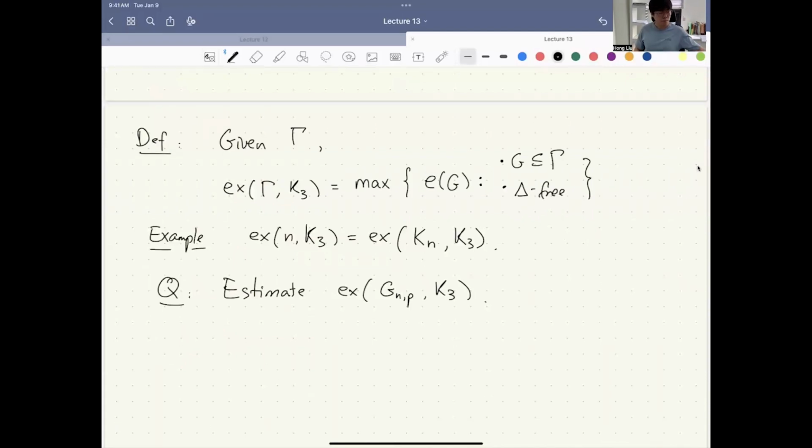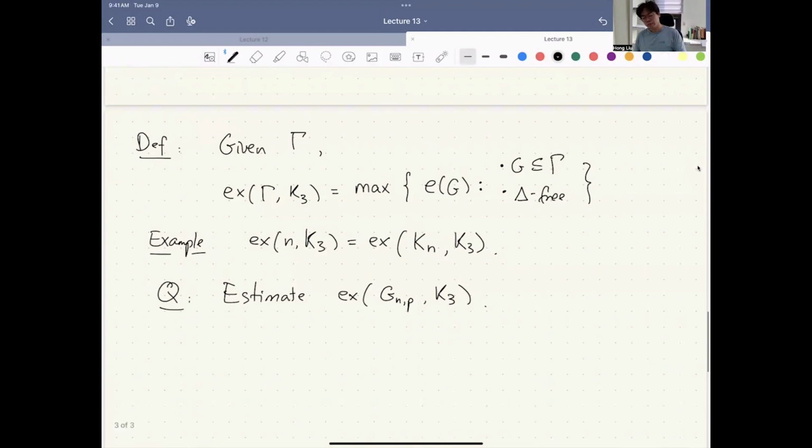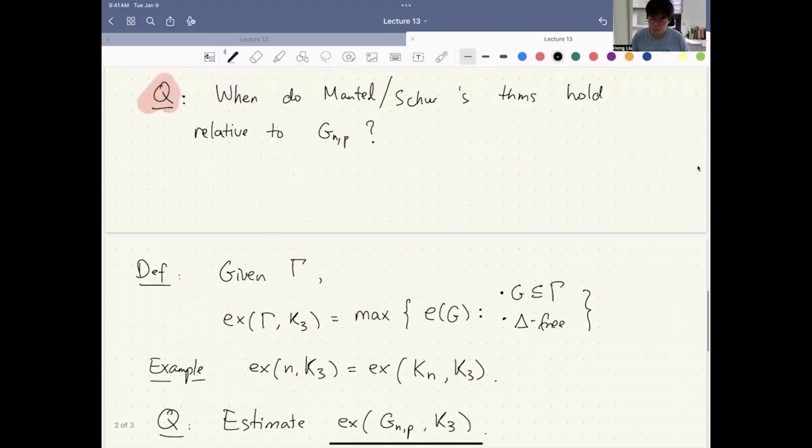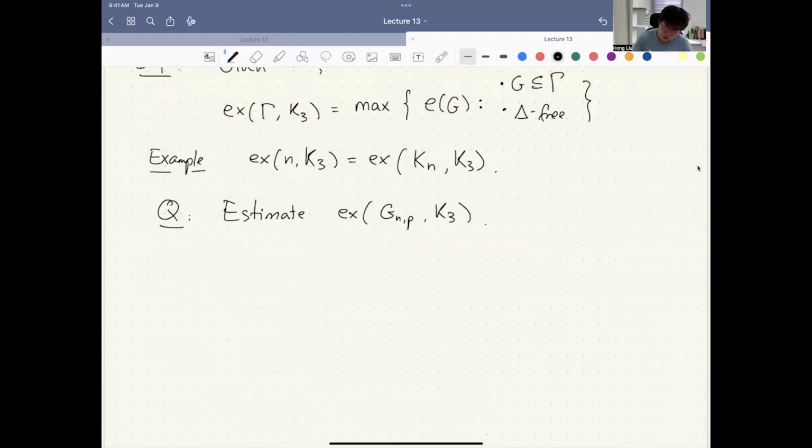Okay. Now, what would be a natural guess? The natural guess would be